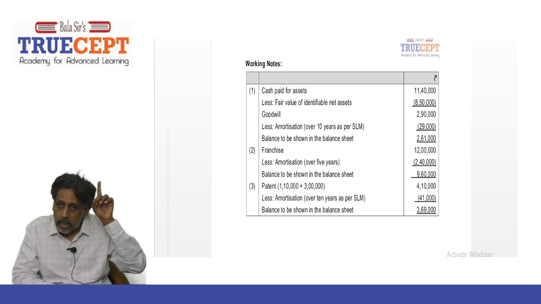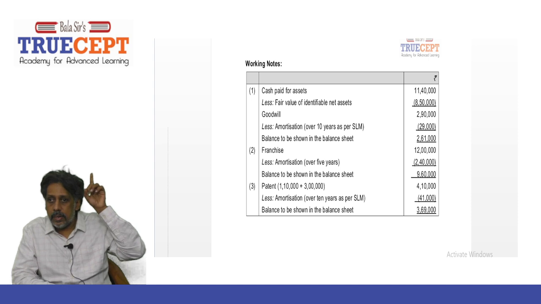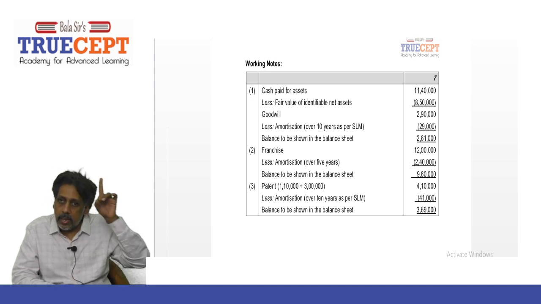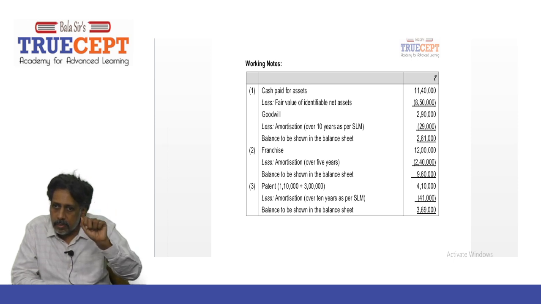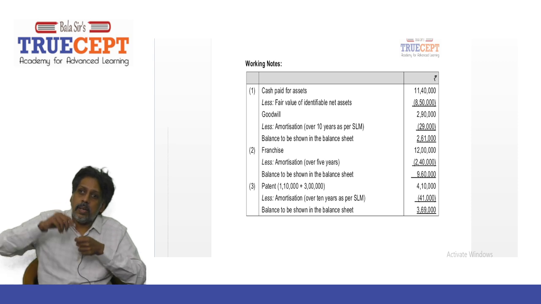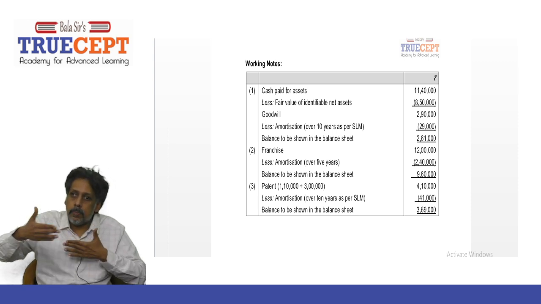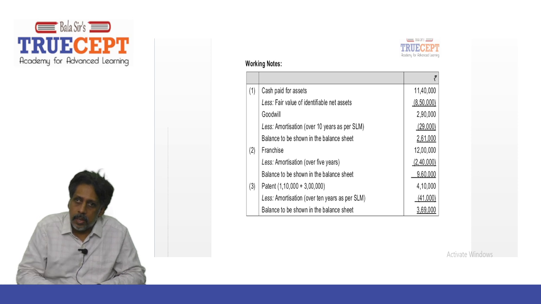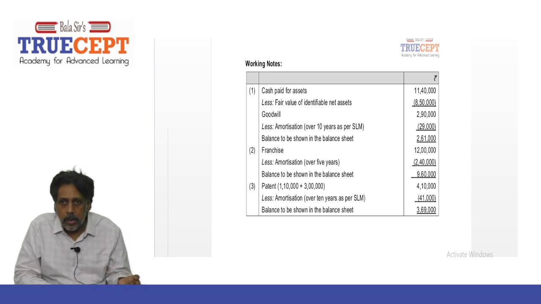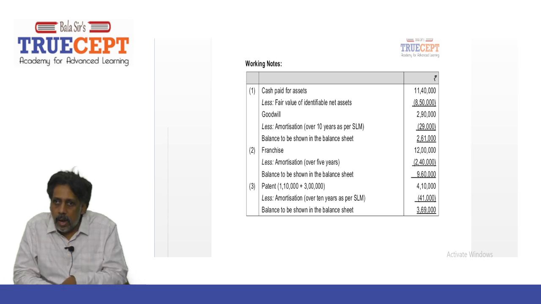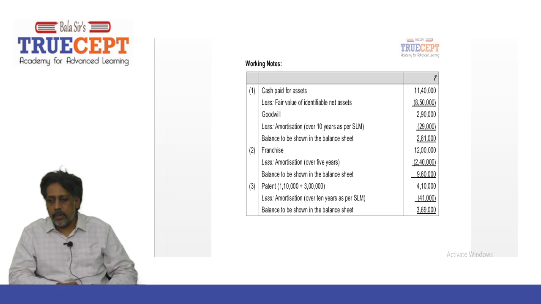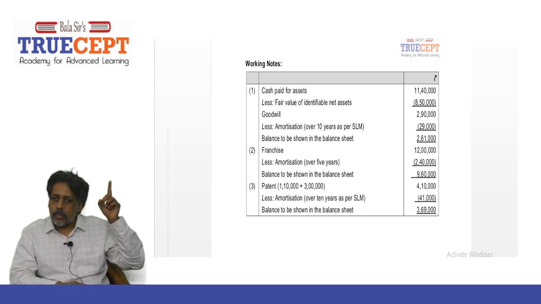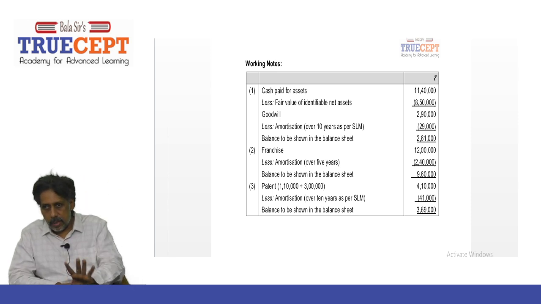And as per AS 14, if you refer to para 38, it says to amortize goodwill across how many years? 5 years, unless a longer period of more than 5 years can be justified. Here it is justified. Why? Because the brand is very popular, you will enjoy the goodwill for 10 years. Is that fine? Yes, sir. Got it? So 2,90,000 is your goodwill. Is that clear? Yes, sir.